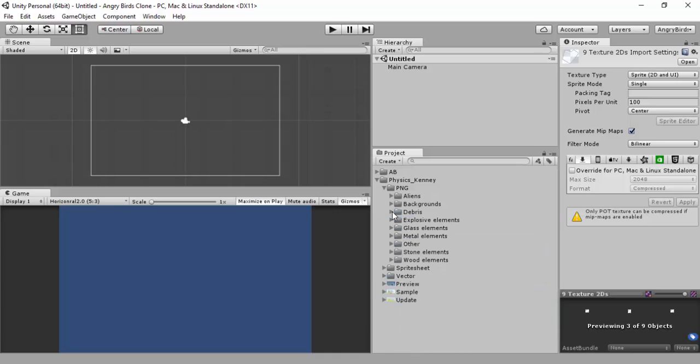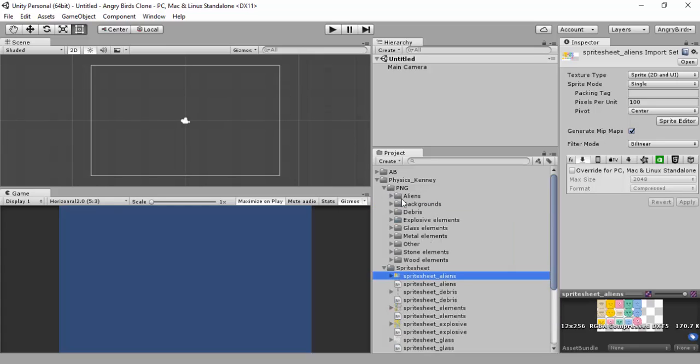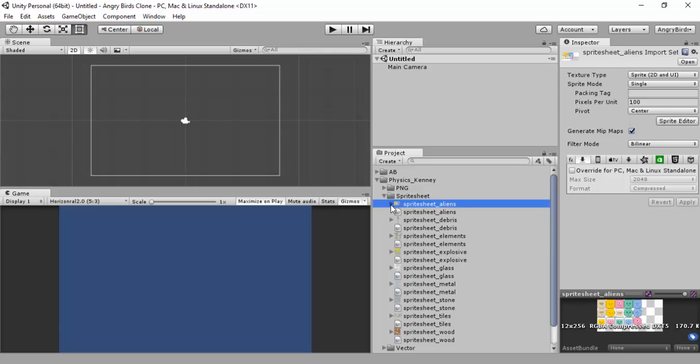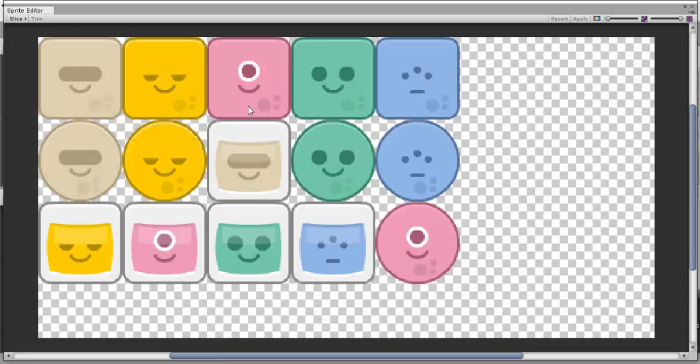Afterwards, we could go through a sprite sheet. It won't really be necessary because we've got the PNG versions, but I'll be showing you basically both ways of working with it. To go through the sprite sheet, with 2D and UI still, the sprite mode would be single, so you change that to multiple. Don't worry about pixels per unit yet, we'll edit that as we go. So you click on apply, go to sprite editor,